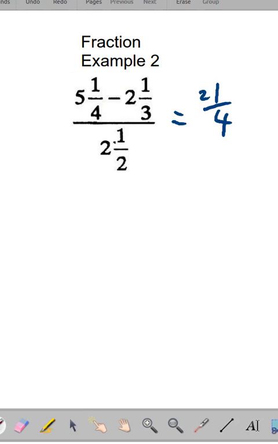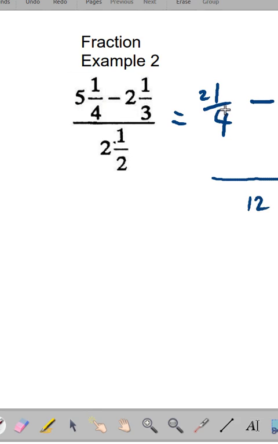Alright? Alright, now we continue. Minus 3 2s is 6. 6 plus 1 is 7. So that's 7/3. Let's not touch the 2 1/2 yet. What we're going to do is to subtract these two. Now, one way to look at it is to draw the line under here, find the LCM of 4 and